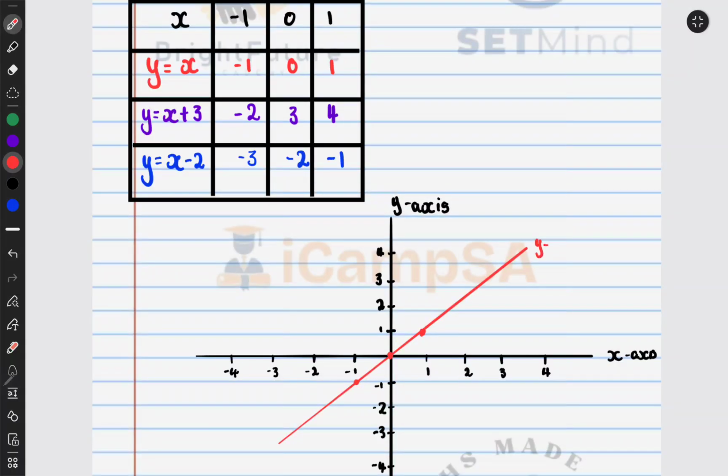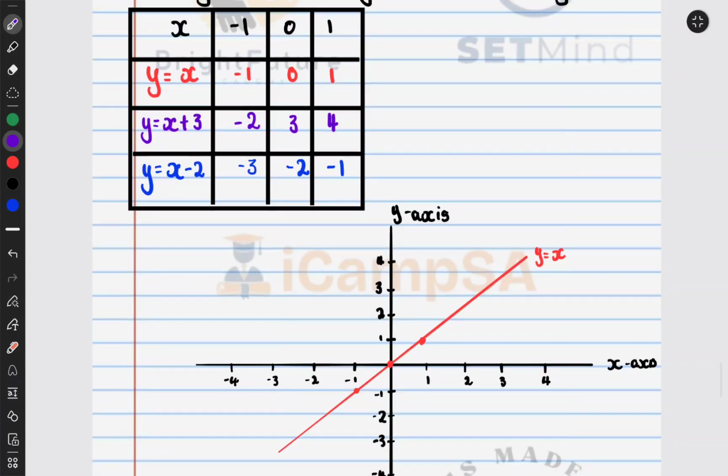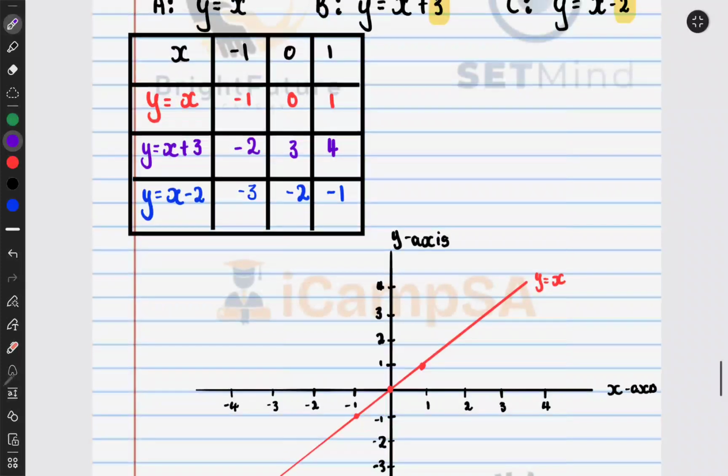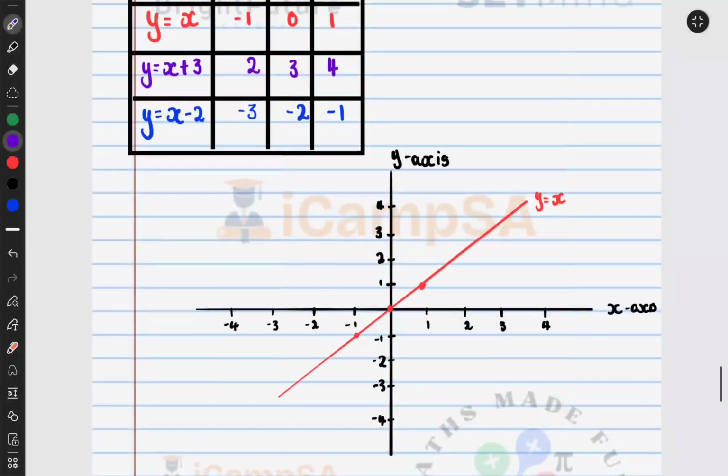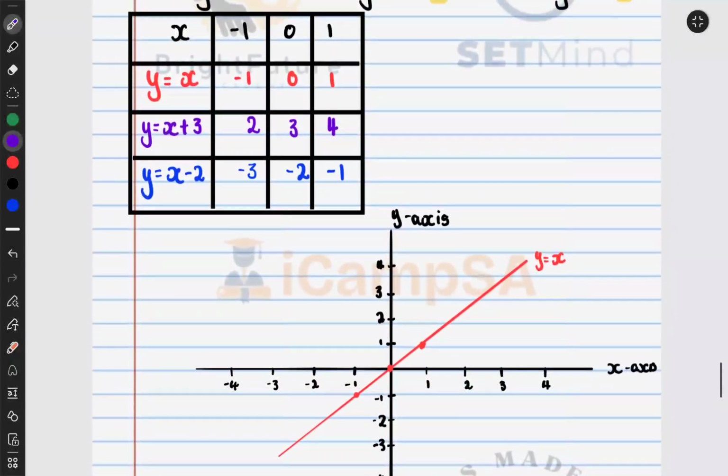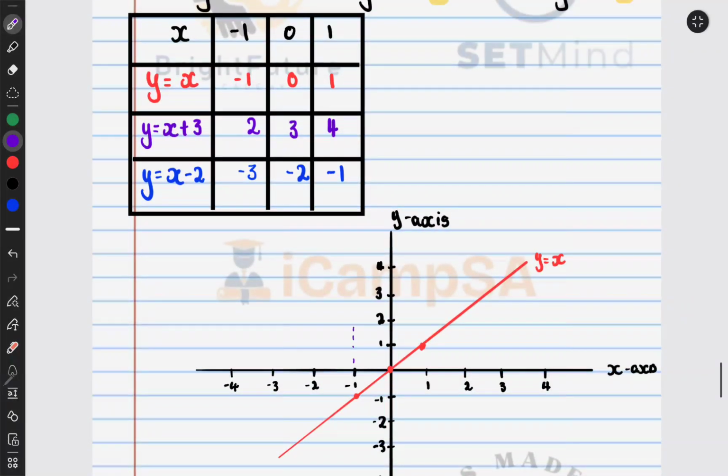This is the y is equal to x function. And then next we have the function y is equal to x plus 3. Where x is equal to -1, okay, I made a mistake here. -1 plus 3 will be +2, and then 0 plus 3 is 3, 1 plus 3 is 4. Yeah, okay, so where x is -1, y is